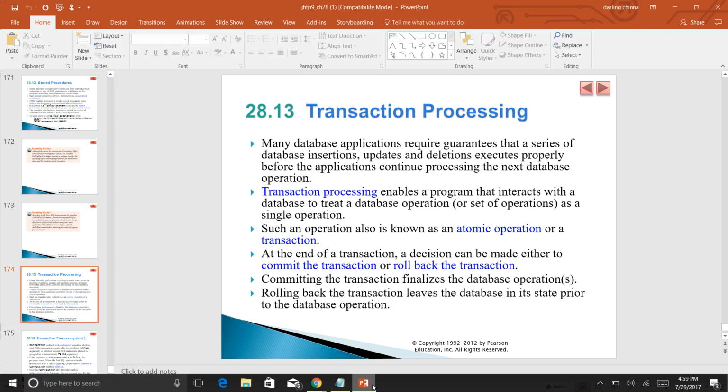Transaction processing: many database applications require guarantees that a series of database insertions, updates and deletions executes properly before the application continues processing. Transaction processing is an atomic operation, where you commit the transaction or roll back the transaction. It enables a program that interacts with the database